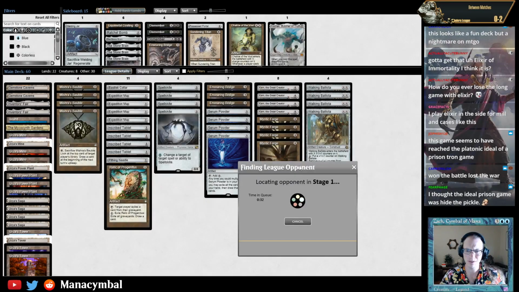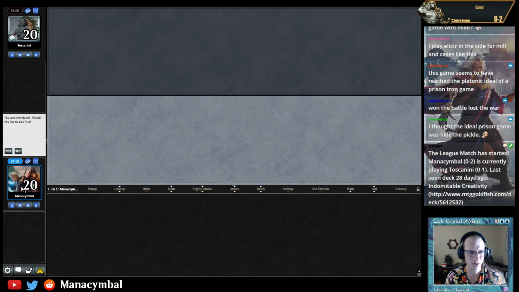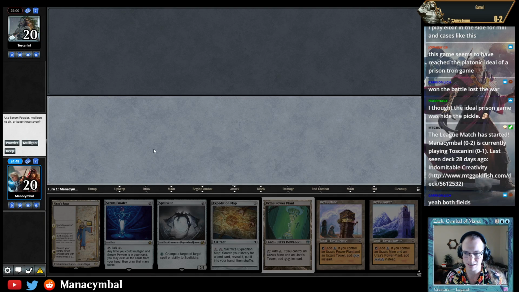Sorry, Ruin Demo? They're both fields, right? Ruin Demo? I don't know how to say it. I don't know how I'm supposed to refer to those. Power Plant, Mine Tower. If this is creativity...